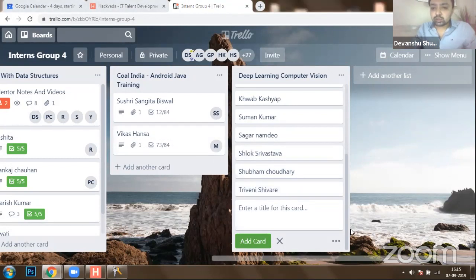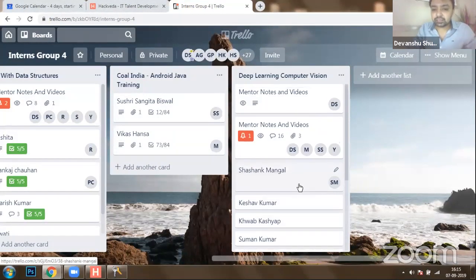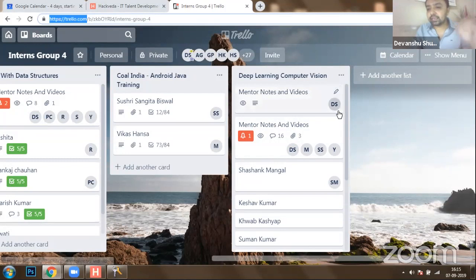Right. So, I have created cards for you. I'm going to send an invitation to all the participants just to give you a why we use Trello. So this Trello platform is to maintain agility during our training program. Whatever course, whatever content we are going to deliver during this training, we are going to keep a record of all the sessions here in this Trello card so that you can access